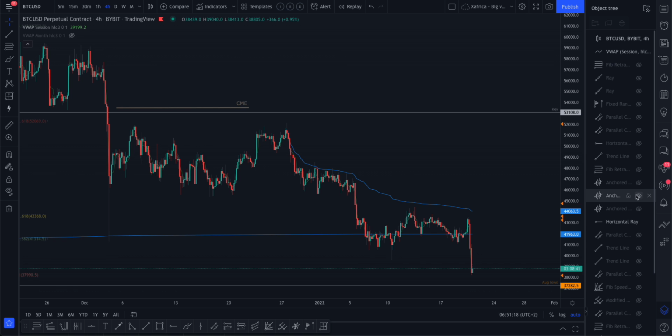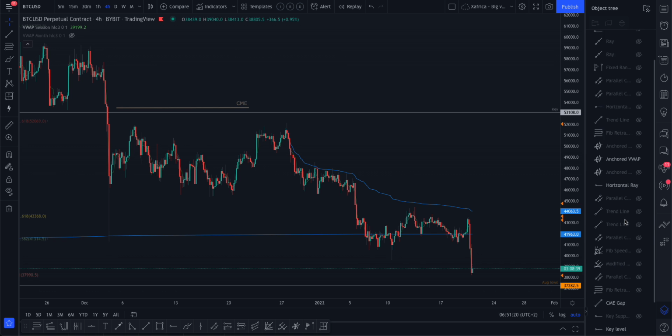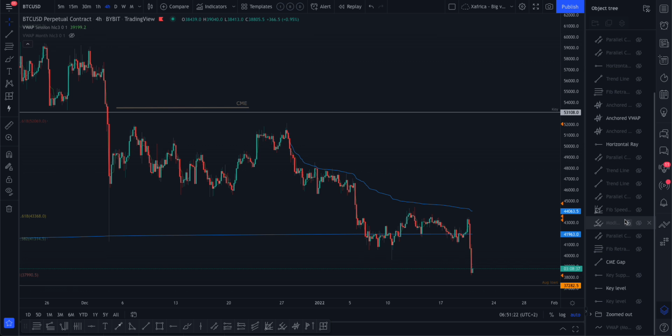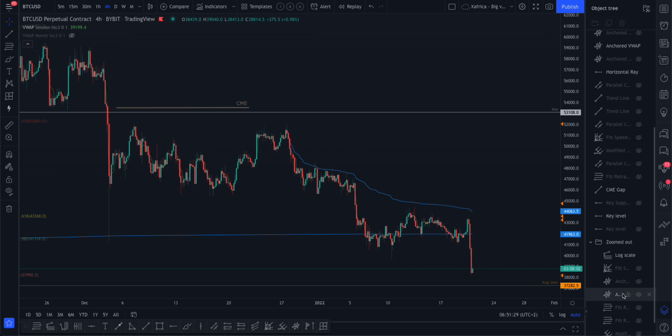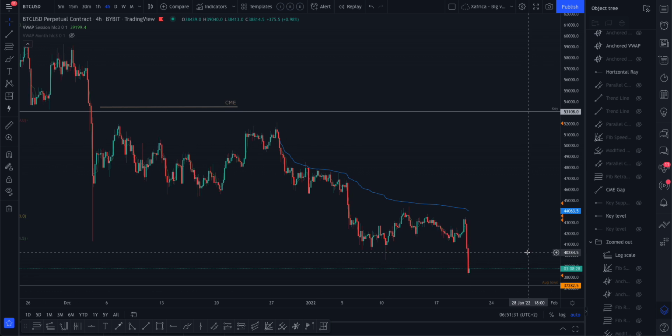Wonder where's my other anchored VWAP. Well, it's on the zoomed out view. Okay, just take that off as well. Alright,